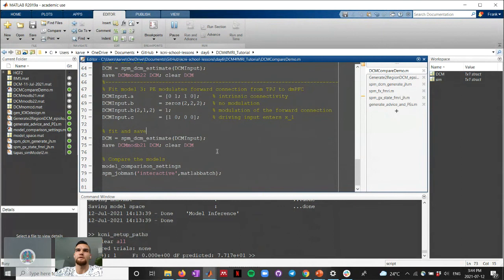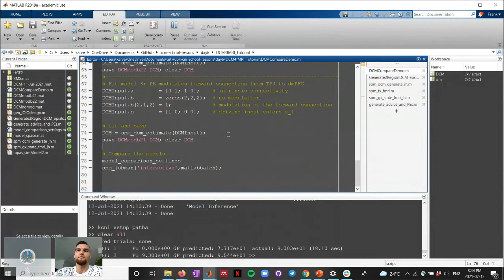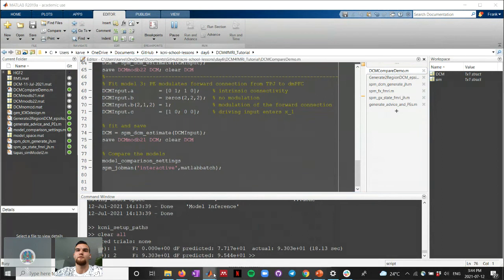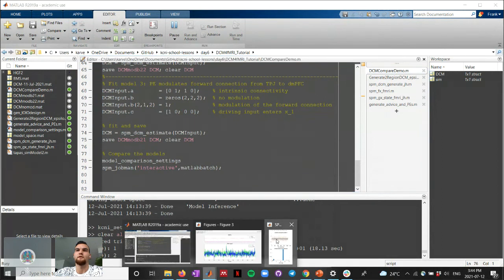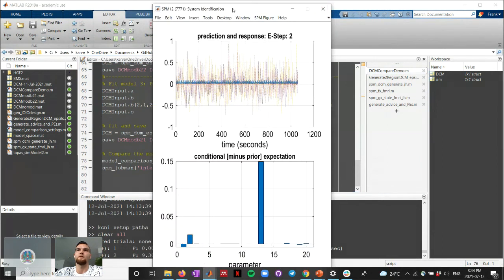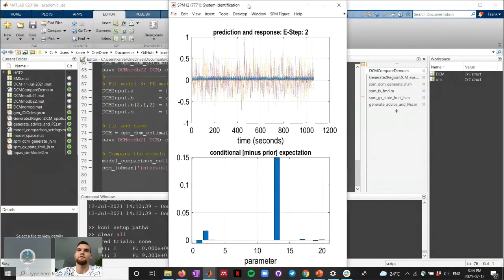I think it might be different on other devices. So, right. As it is running, as you can see, there's a recursive way to fit the models where we